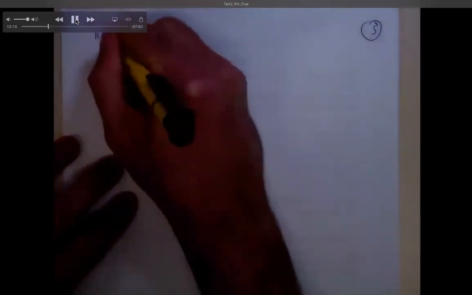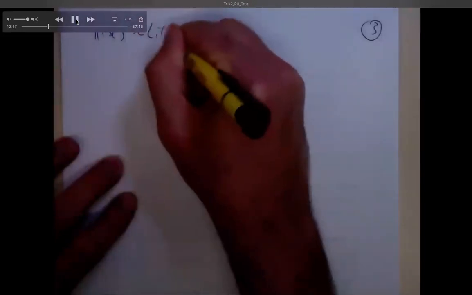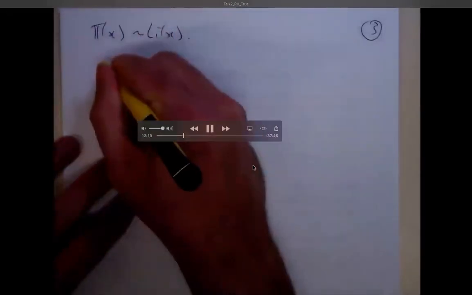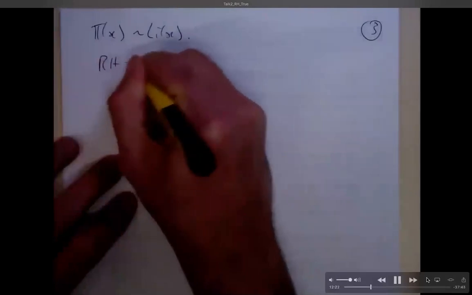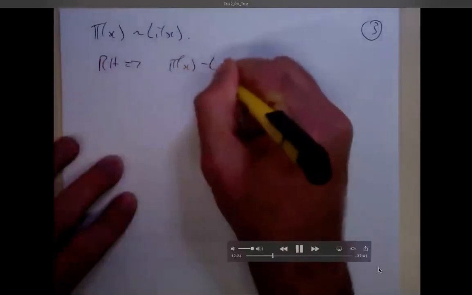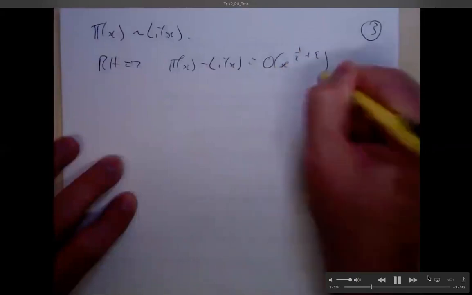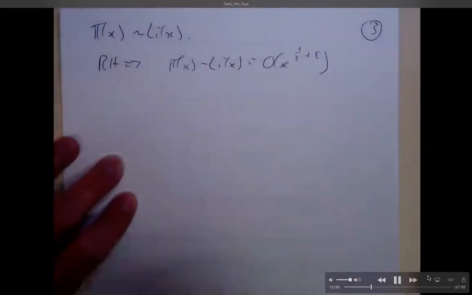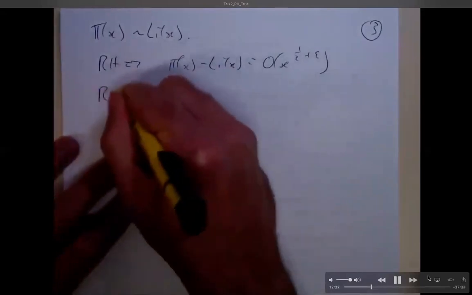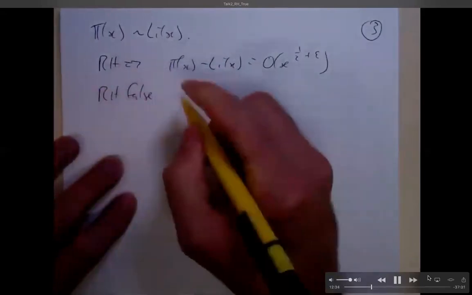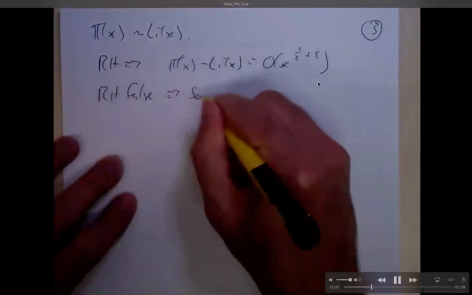So if what you want to know is the distribution of primes, then absolutely what you want to know is how the zeros, and if you like more specifically, how the real part of the zeros is distributed. I'll take the counter down to the bottom for now. So pi of x, as I say, is asymptotic to li of x. Now, what does the Riemann hypothesis tell you? It tells you that that difference is small. It's big O of x to the half plus epsilon.